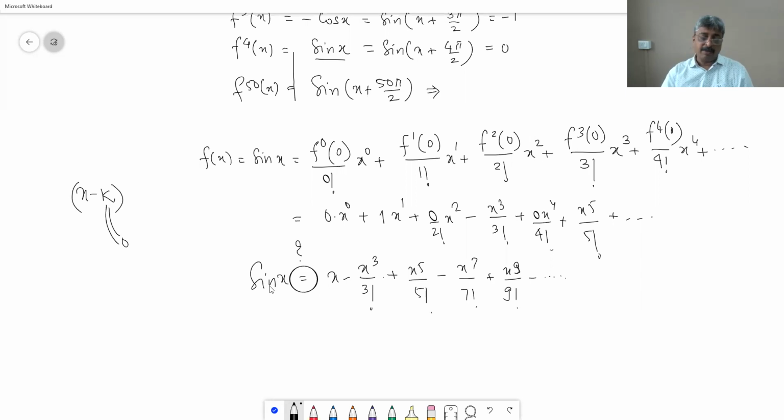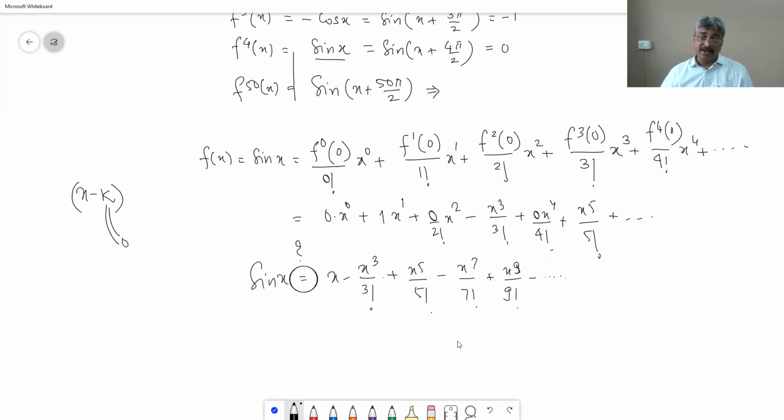Okay. And now let me tell you, whenever you find out the value of sin x in your calculator or computer, this is what the computer does. This is what the computer does. So you never cross check by using a computer, because the computer does this and it will give you this value. However, what we can do is put pi by 3 here or pi by 6 and check by doing, suppose, 4 or 5 terms using a calculator.